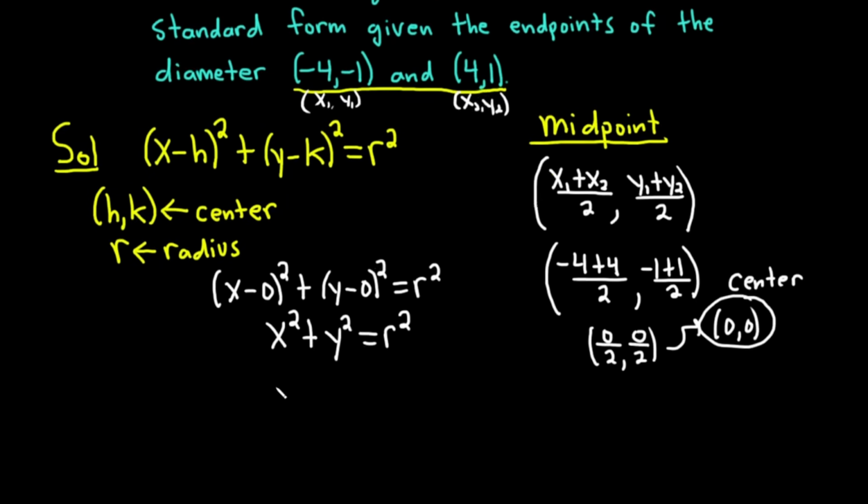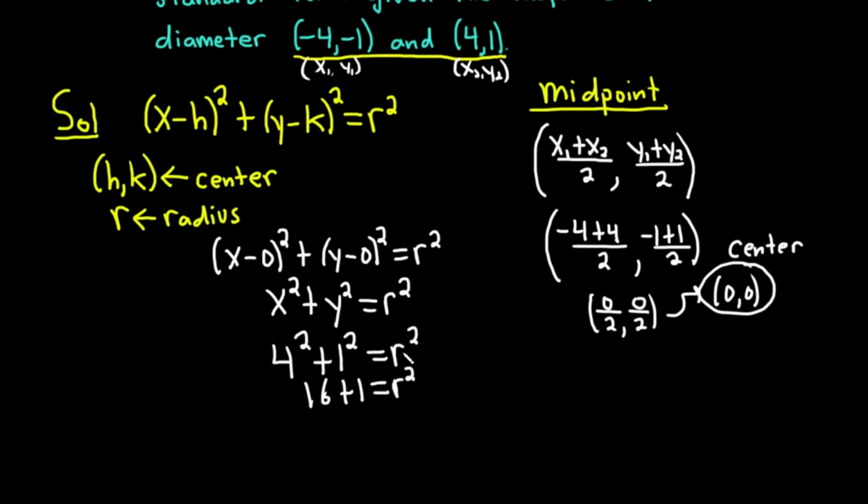So plugging in 4 for x, we get 4 squared. Plugging in 1 for y, we get 1 squared. And that's equal to r squared. So 4 squared is 16, and then 1 squared is 1. And that's equal to r squared. We have that r squared is equal to 17. And you could take the square root, but you don't need to because we just want the equation of the